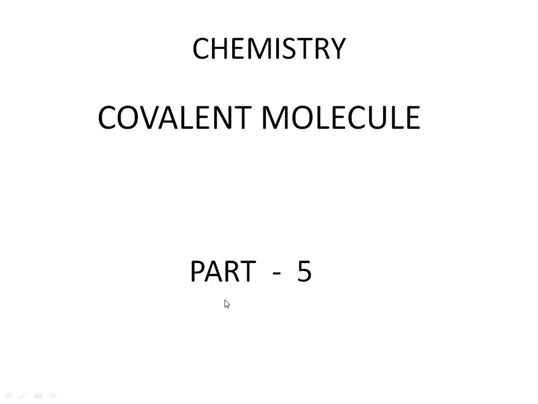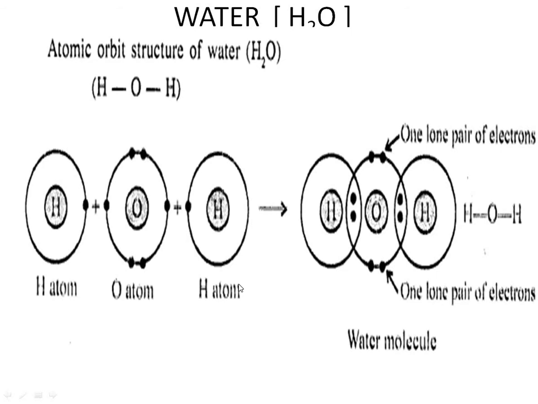So covalent bonding, actually, says a sharing of electrons between two non-metallic elements. See, the example which we are going to take here is water, H2O. Two atoms of hydrogen, the 2 is not visible, and one atom of oxygen. So we are going to see the hetero atoms which combine to give a covalent molecule.